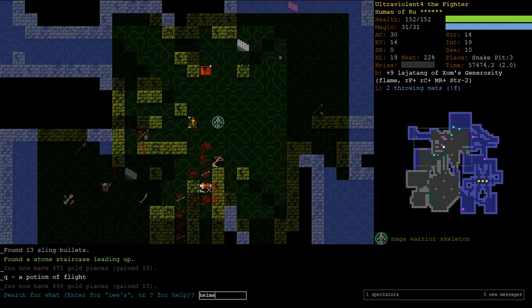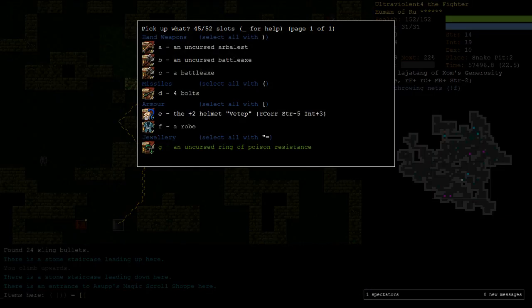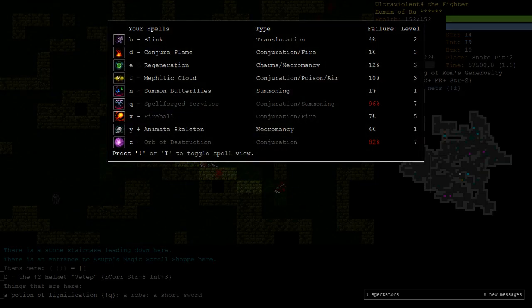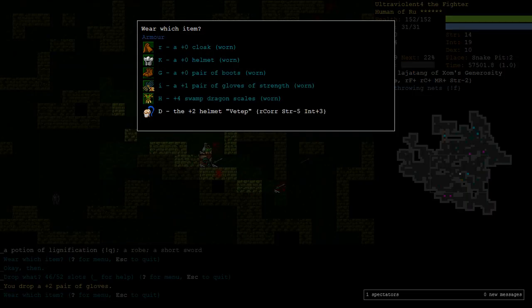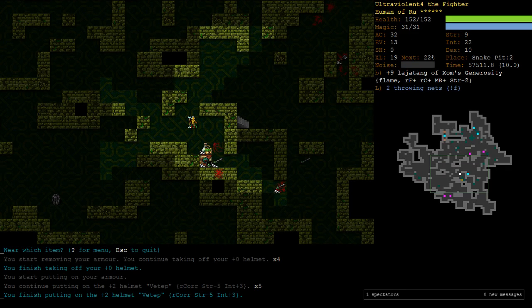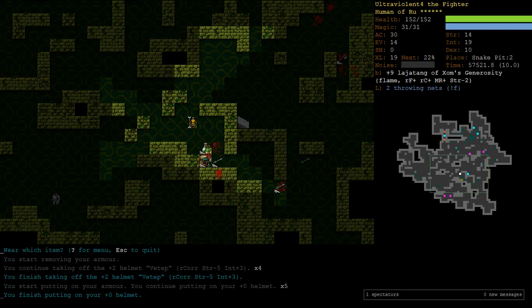Okay, and where's that helmet? Let's see. So if we look at our spells, let's take Fireball. It's at 7% right now. If we put this helmet on, it will go to still 7%, and our strength goes to 9. It's the Pharaoh helmet. Why didn't we get the Pharaoh helmet in our mummy game? What did that do for Orb? Orb's 83, and with this helmet it's